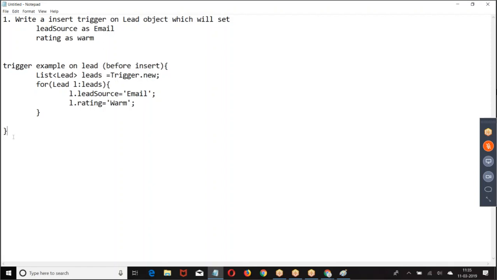People are good with this example? Very, very, very important topic. You'll be constantly working on this concept when you get into the projects. Practice well.